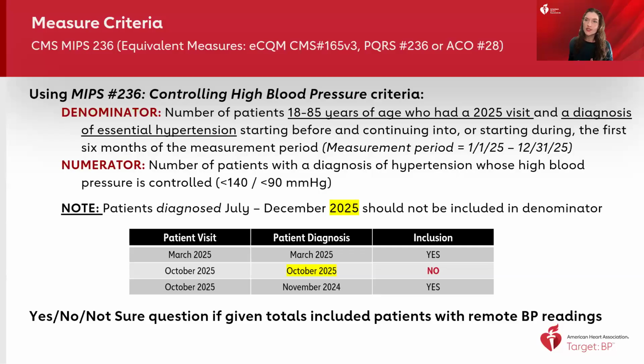So we have organizations who are participating at an overarching health system level, and that's how they've registered. If that was how you're registering, so you're submitting data for all of the clinics within your health system, then we would want you to look at all of the clinics in the denominator. We want that full representation.